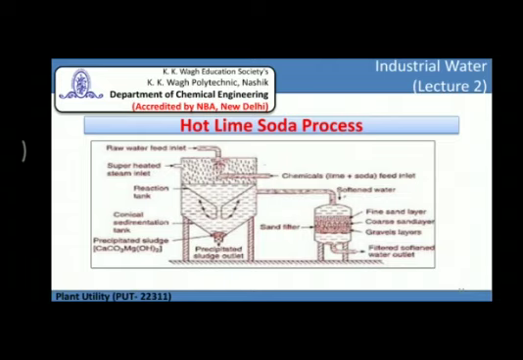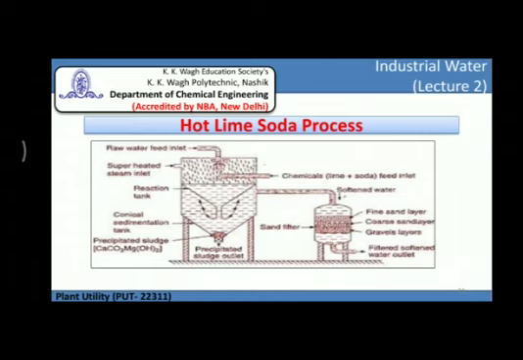The chemicals like lime and soda are fed from this inlet pipe. Feed water is fed from this pipe. Now we will see the process which occurs in the hot lime soda process. Again I will tell you, this process works at a temperature of 80 to 150 degrees Celsius, and the temperature